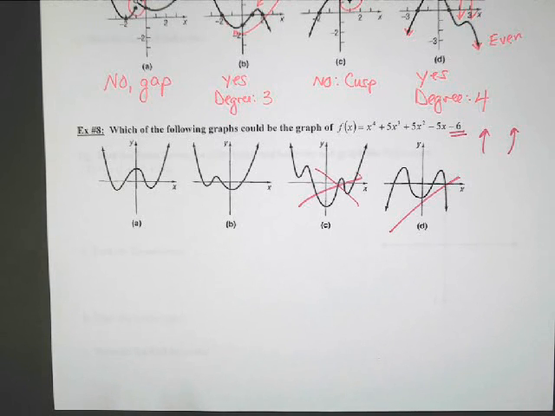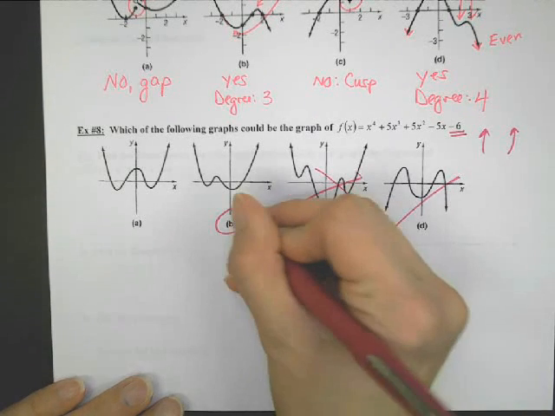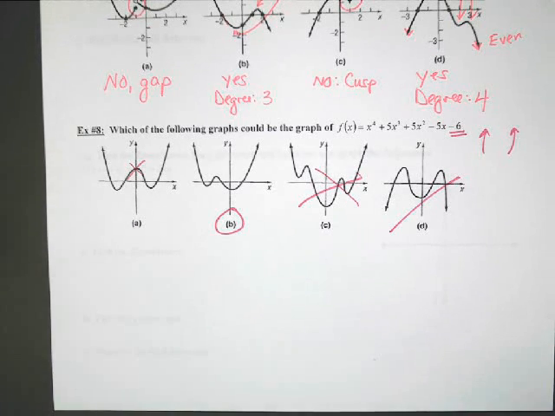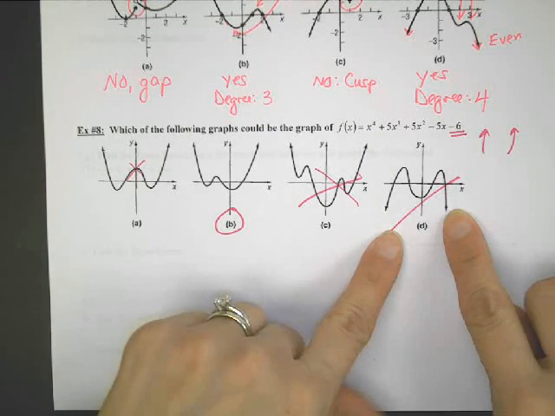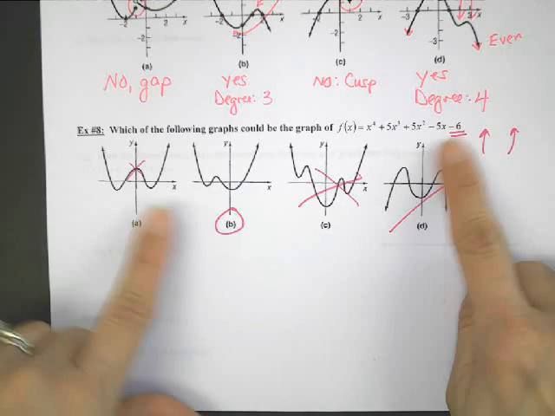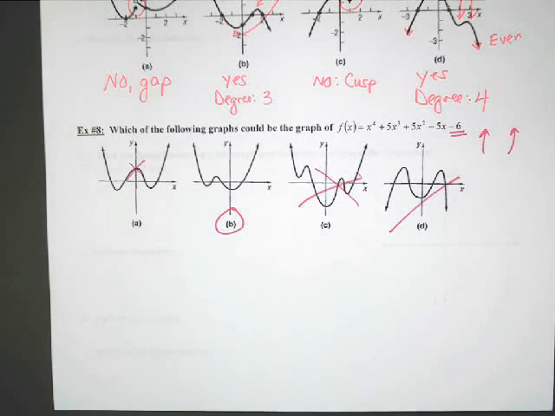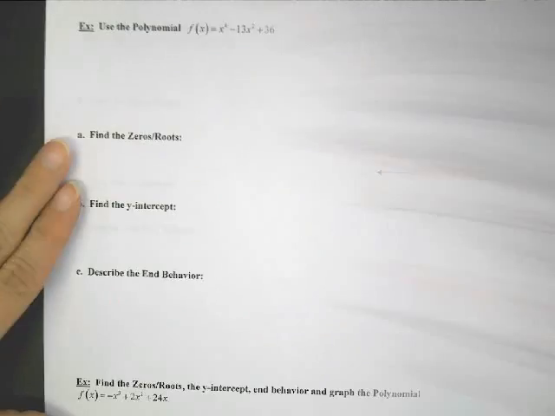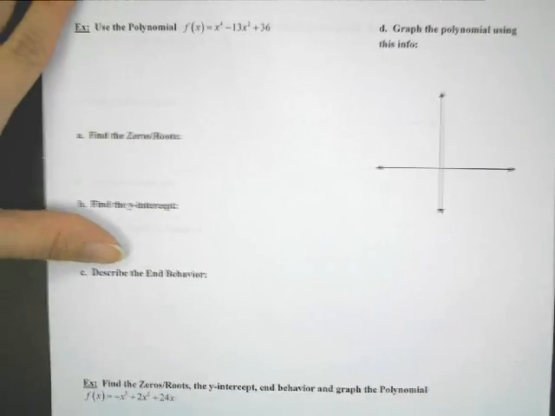Survey says it's got to be B because the y-intercept is not positive. So through the process of elimination, knowing about end behavior, knowing about turning points, and y-intercept, you're able to pick the correct graph. Okay, so this whole chapter is going to be polynomials, writing equations, graphing really nice polynomials, and